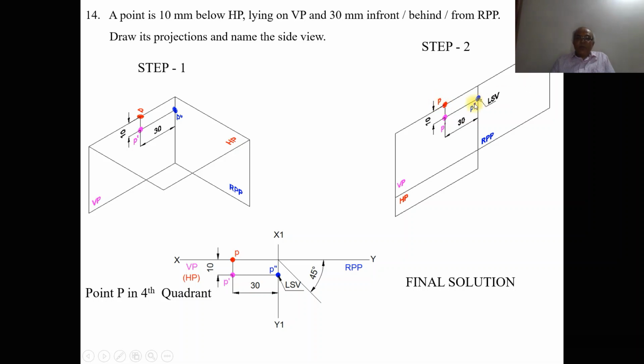Then when you look from the side view, I can see the distances of both front and top. So when the top view is projected till it comes here, then it is projected down. You are going to get this image here where you have the front view. On that line, you are going to get the side view. Since it is in front of RPP, obviously the view that you will get is the left side view. So first, to do this orthographic view, we are going to draw the XY line and the X1Y1 line. You identify the planes VP, HP and RPP.